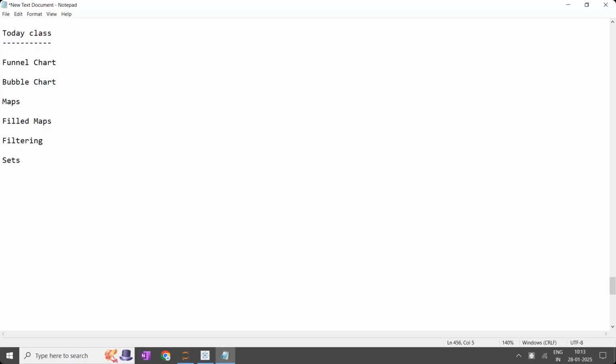Right? So these are the things which we have covered in today's class. Next, in the next class we are going to cover parameters. What are the different parameters or calculated measures? How are we going to create the calculated measures, and using these, we are going to create one dashboard,